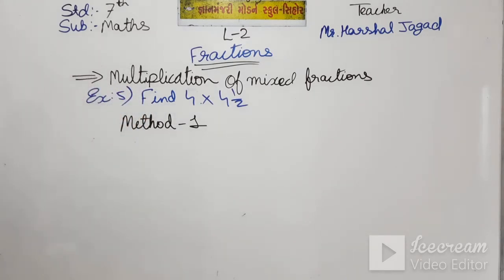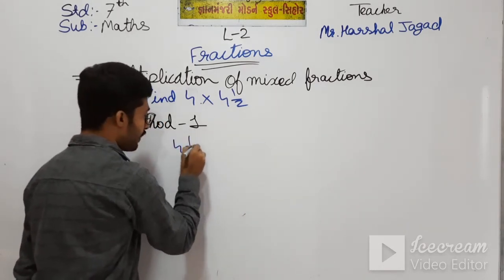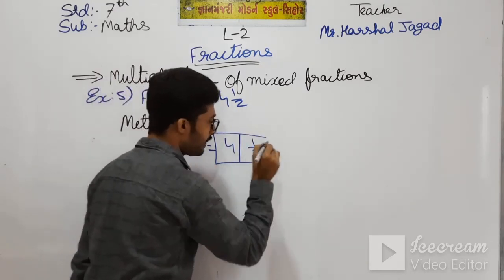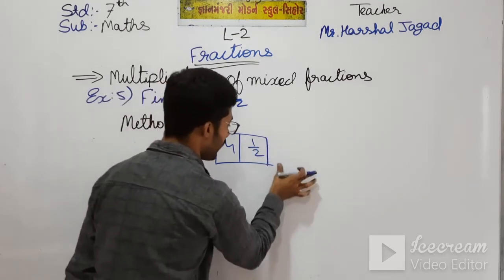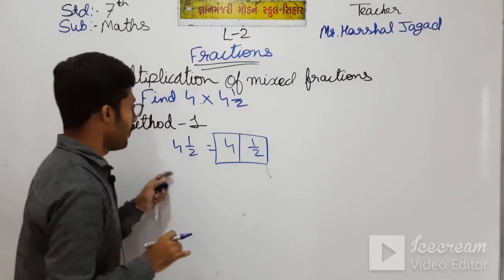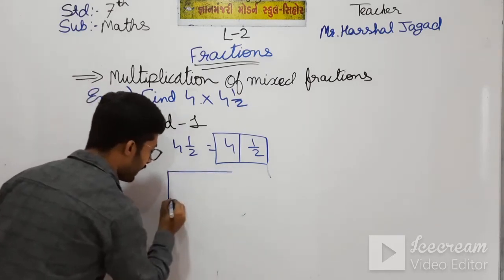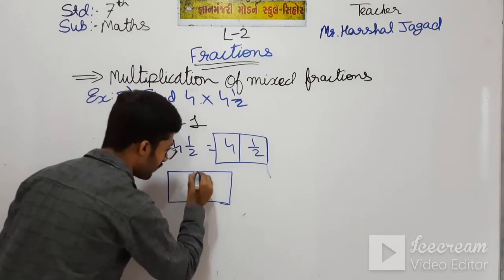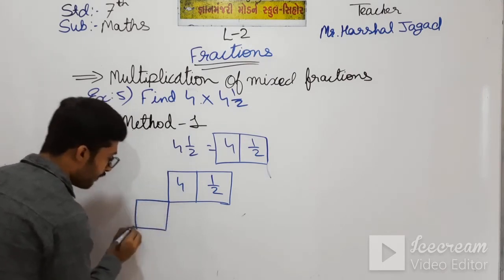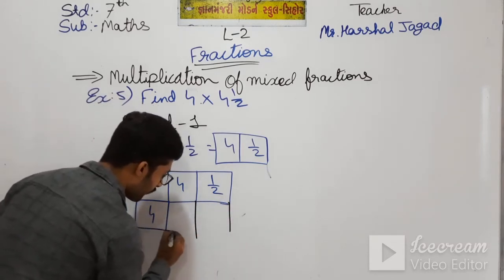Okay students, see here, in the box form how can we write 4 and half. Here I am writing 4 and here is half, that is 4 and half. Here we made a box of the 4 which is to be multiplied. First we are making this box. Here I am writing 4 and here it is half. Here, which is to be multiplied, we have to multiply 4 only, so we will write 4.